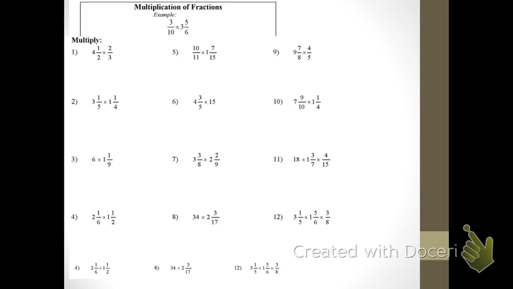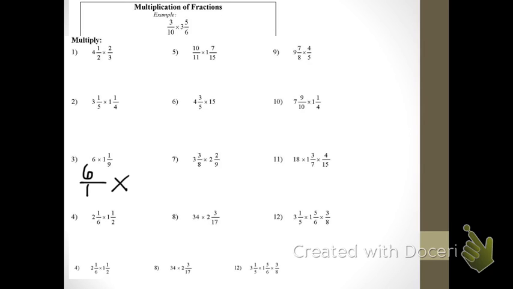Okay, now let's look at number 3, where we have a whole number. And this is a skill that is almost always tested in multiplication and division, because they want to know, do you know how to write a whole number as a fraction? And we do that by putting it over 1. Not 1 on top. If you put 1 on top, I would make this 1/6. That's not 6 wholes. 6 wholes is 6 over 1